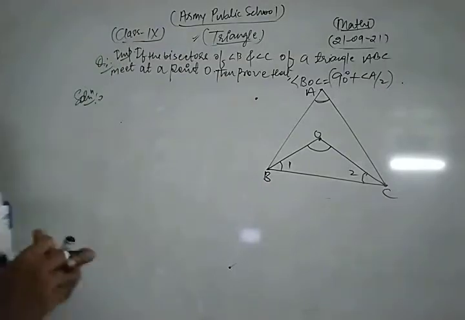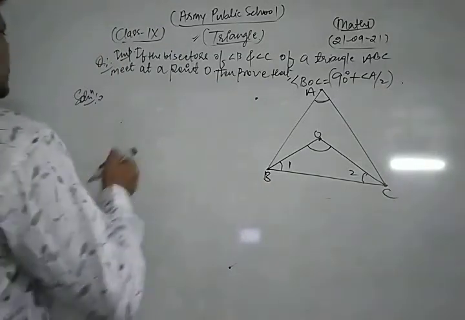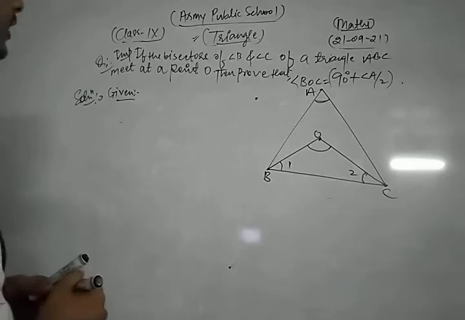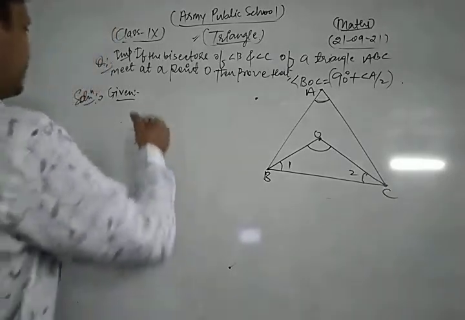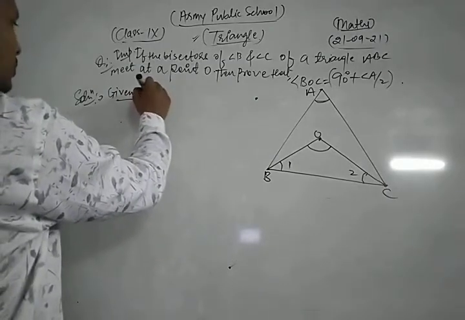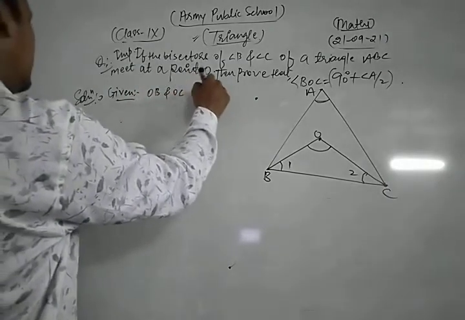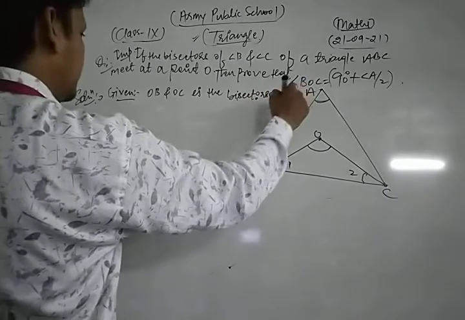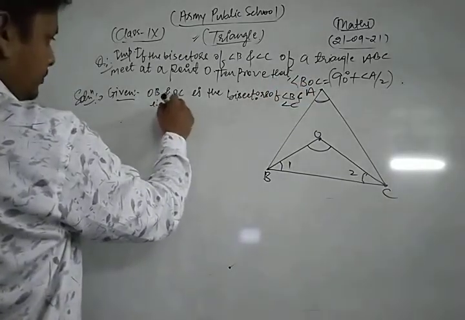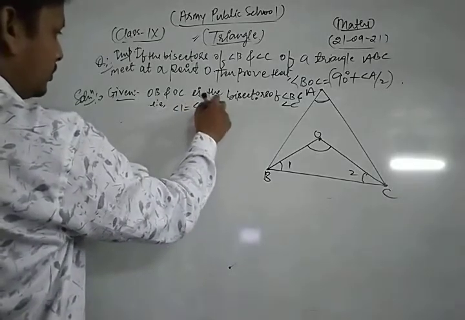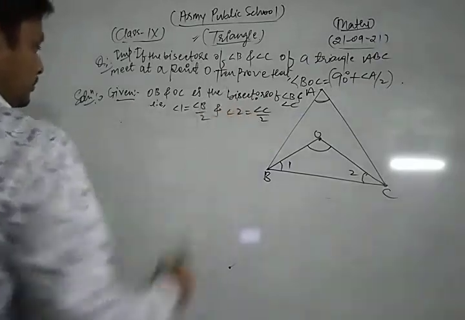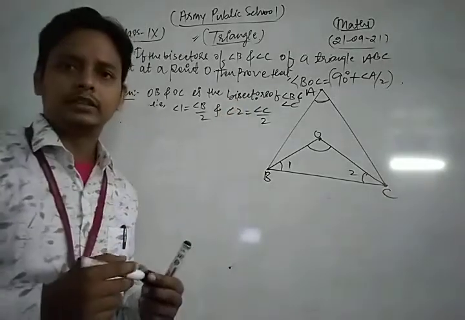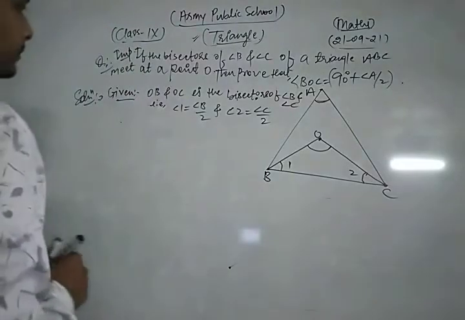Now, first of all we write the given. In given, OB and OC are the bisectors of angle B and angle C, that is, angle 1 is equal to half of angle B, that is, angle B by 2, and angle 2 is equal to half of angle C, that is, angle C by 2. Okay. Now to prove,